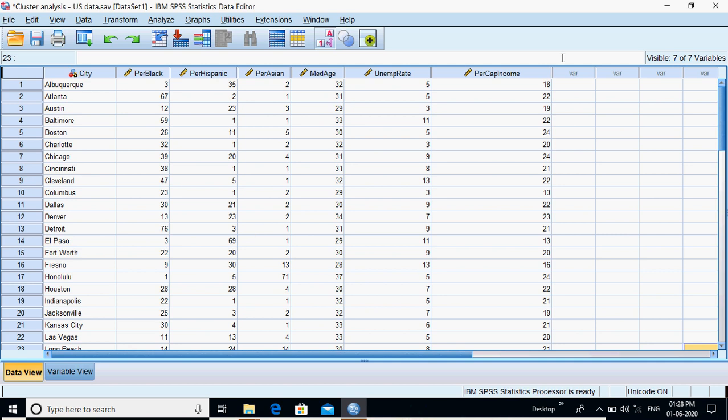Now, having had this, the second thing that you wanted to observe in the data is on what basis these data points are being measured. Here the first three columns that contain the race of the population are measured on a percentile basis, so probably out of 100. So out of the entire total population, what is the percentage of black or Hispanic or Asians who prevail in each of the cities? This is the data point we have. Whereas the median age is a continuous scale, a ratio scale probably. The unemployment rate again is a different scale, and per capita income is measured in terms of thousands.